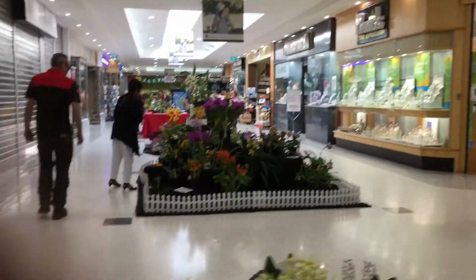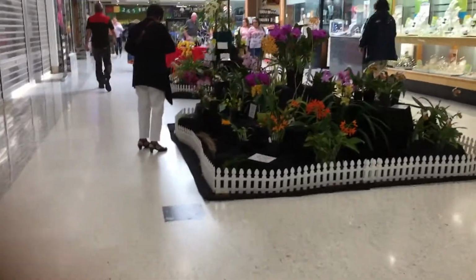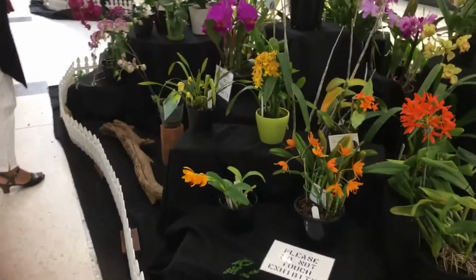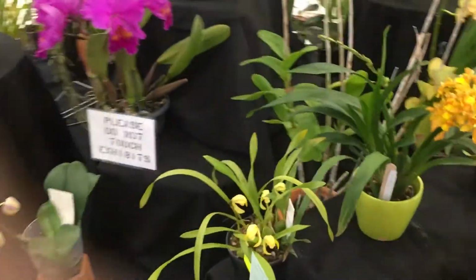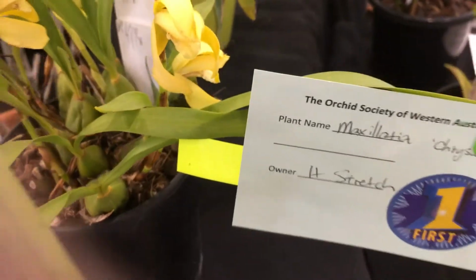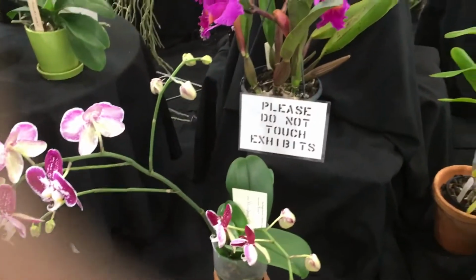So now we're going to move down a little bit, and we're going to just go to the general everyday display. So all the cattleyas and dendrobiums that you're used to seeing, epidendrums. Here's a little species plant, which is my girlfriend's plant, and it's a Maxillaria Chrysanthemum, and she got a first for that one. Phalaenopsis,